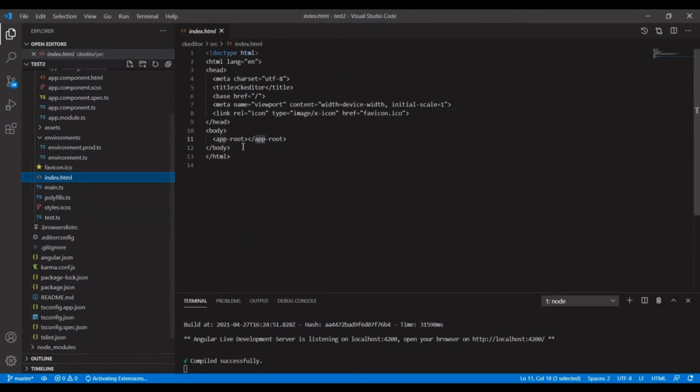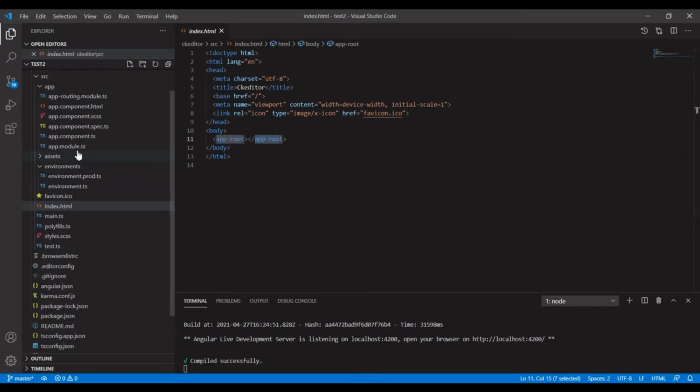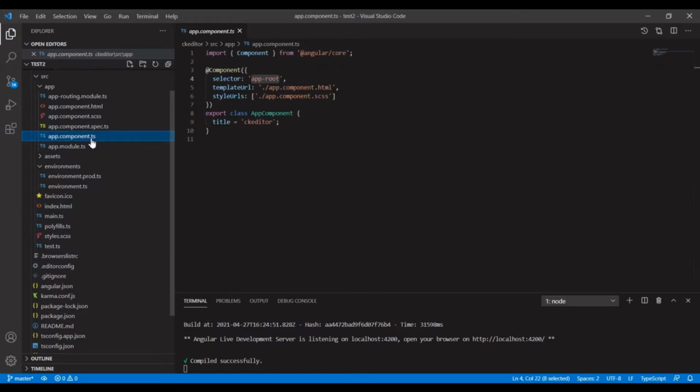Inside the index.html file there is app-root mentioned. This is nothing but the selector of the app component. We'll move towards app.component.ts. You can see your app-root selector is there. So from this it will refer to the app component. Actually the app component is the main component which contains the total Angular project. So whatever we are writing inside our project, we write it inside the app component only, as it is a